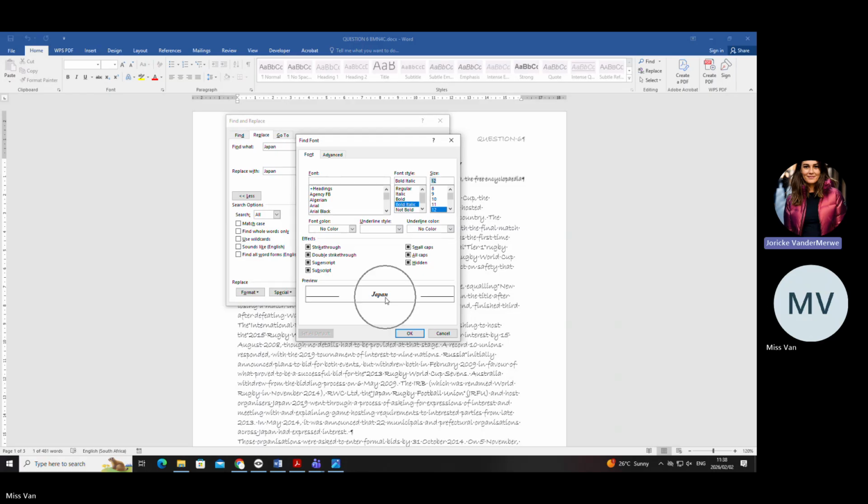Now look at this little screen here. Okay. Now this is what you need to remember. In find and replace, small caps becomes here. If you don't do capital letters, yes, then it's small caps. If it's capital letters, they talk about all caps. It's the same thing. So look here when I press it. Can you see Japan becomes Japan? So although I didn't put it in there at the back, it's fine.